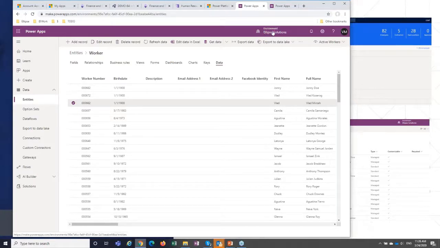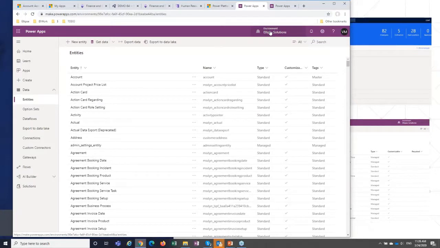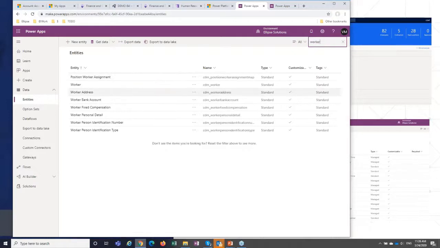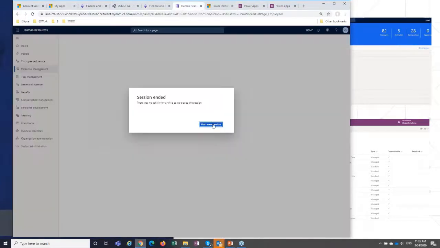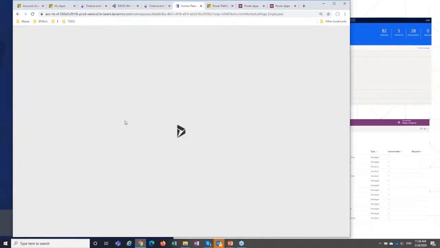I am in the same environment that you saw in the admin portal, and these are entities. I will look up the worker here. Here's my worker entity. And another application that we need is human resources. Let's start a new session. So I hired myself in the company.